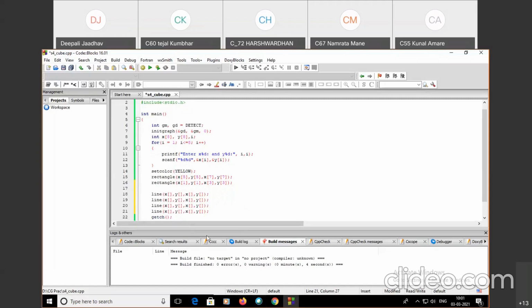Again we need to use the combination like this: 1, 1, 2, 2, 3, 3, 4, 4, 5, 5, 6, 6, 7, 7, 8, 8.